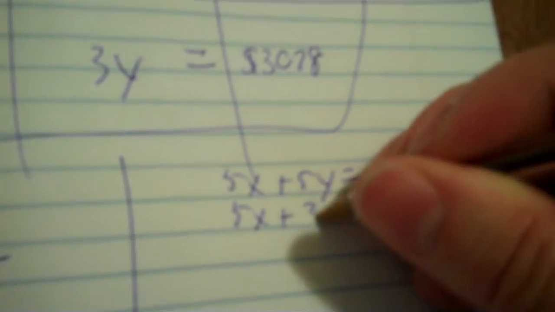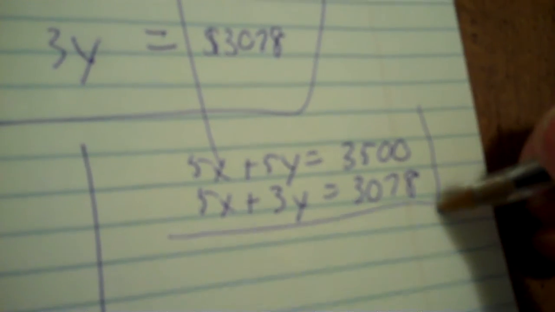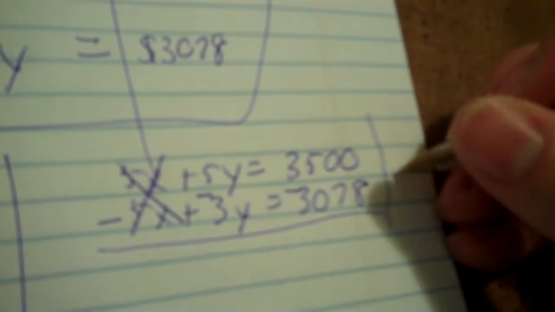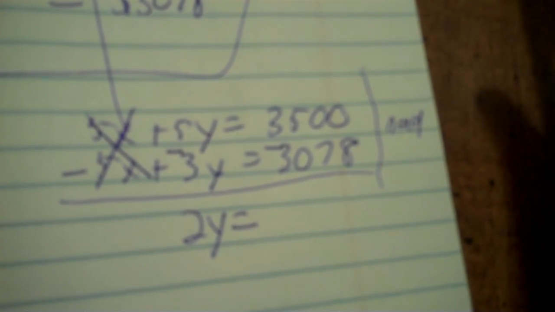Okay, so times 5, and then 1. So that's 5x plus 5y. 700 times 5 is 3,500. Then the bottom will just remain the same. Okay, I would like my 5x's to cancel, so negative 3, negative 378. Now we add 5 and negative 3 add to 2y. 3,500 and negative 378 make